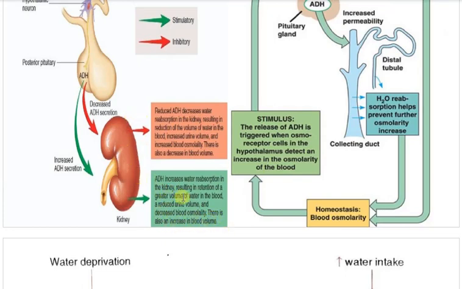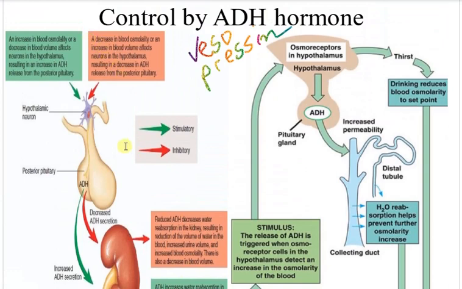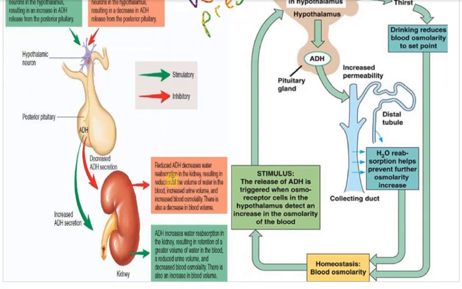Okay, and when there is no need of ADH, a decrease in blood osmolarity or an increase in blood volume affects neurons in the hypothalamus, resulting in a decrease in ADH released from the posterior pituitary. So this reduced ADH secretion decreases water reabsorption in the kidney. When less ADH is there, it will not be able to